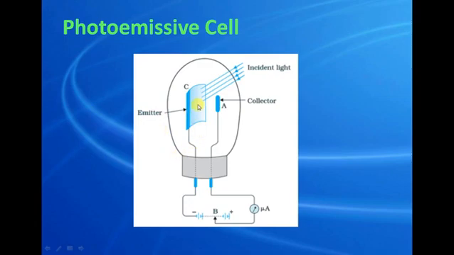Here when the cathode is illuminated by radiation, electrons are emitted from the semi-cylindrical surface and the electrons are attracted by the anode. At that time the photocurrent is produced. The photocurrent is measured using the galvanometer. Here the galvanometer is marked in micrometer scale.